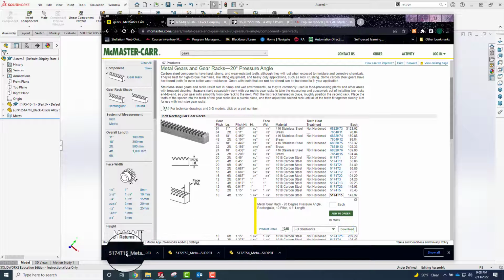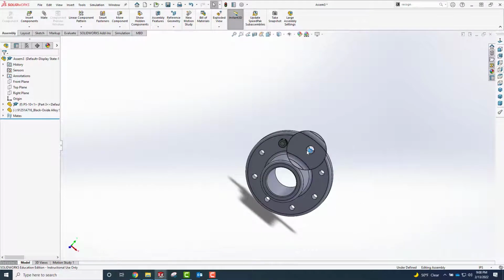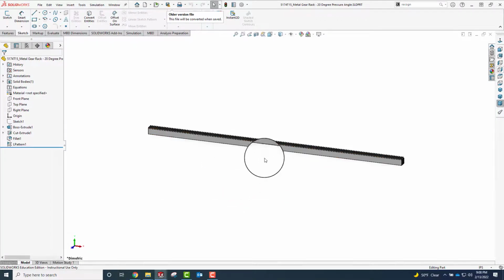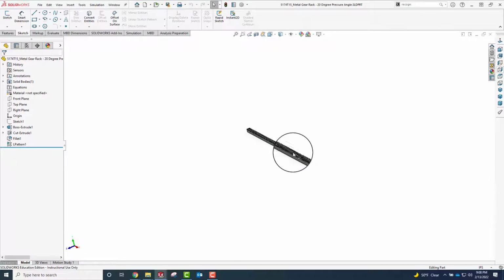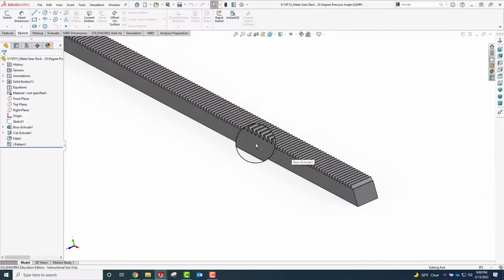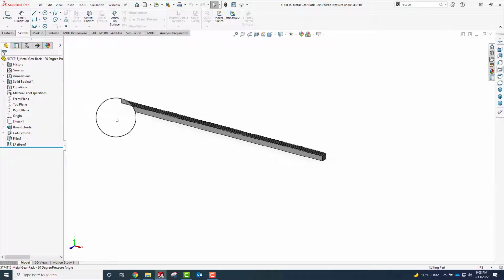Okay, so now if I open each of those, you'll see I've got a SolidWorks model of the gear rack. And if you look over here, this is a true SolidWorks model. If I look at the feature tree, it has extrudes, cuts, fillets. So basically I could go in and edit this if I wanted to. I don't want to, that's why I'm getting it off the shelf, so somebody's already done it. But I just want to show you the difference between getting something that's a native SolidWorks file versus